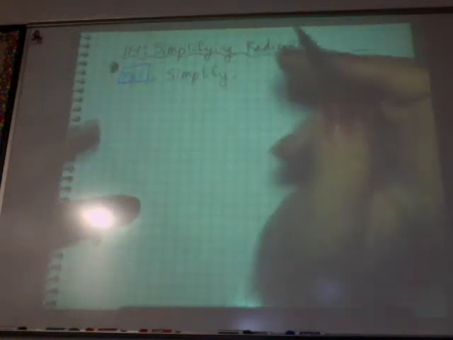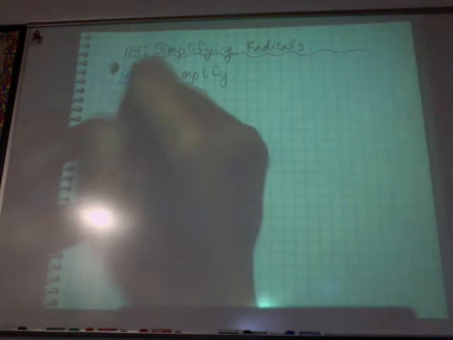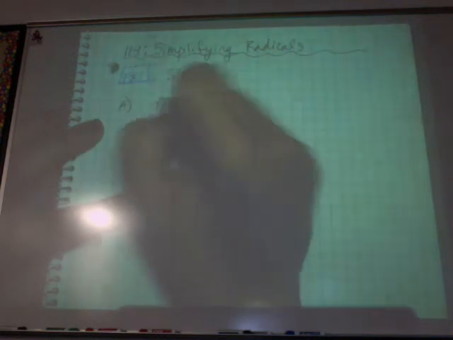So example 1, you are to simplify. We've talked about this. So if you had the square root of 52,